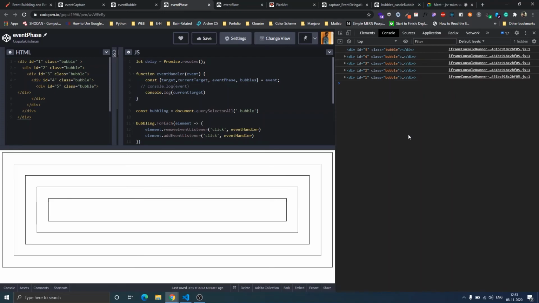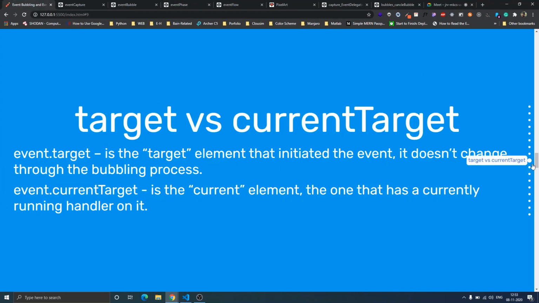It will flow from body, HTML, document, window, like that. So this is the difference between target and current target. The target element won't change during the event flow, but the current target will show the currently running handler.